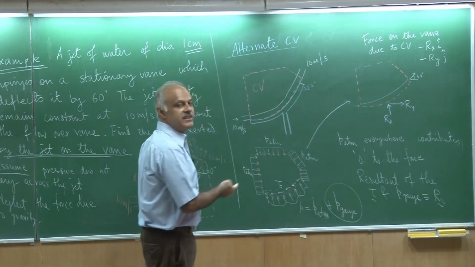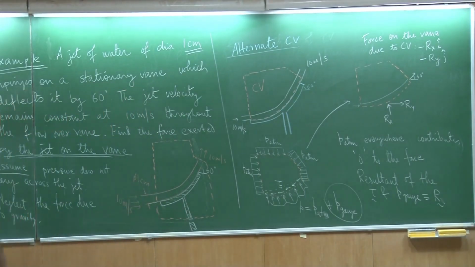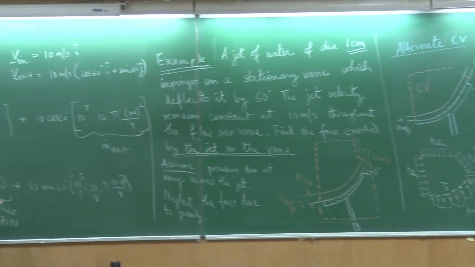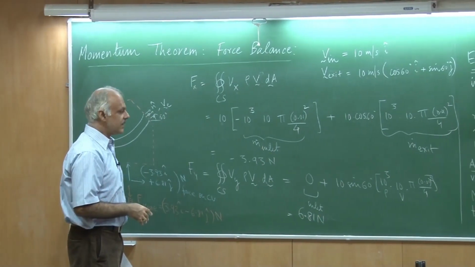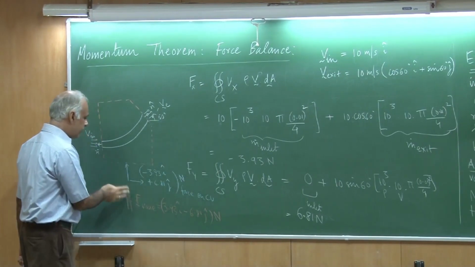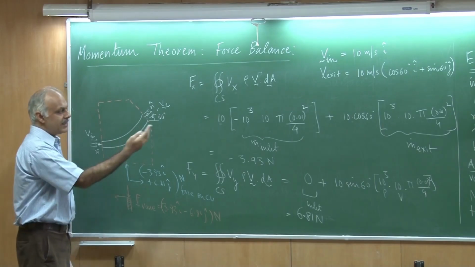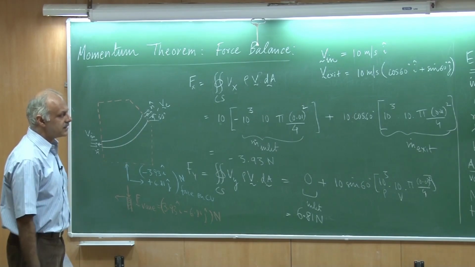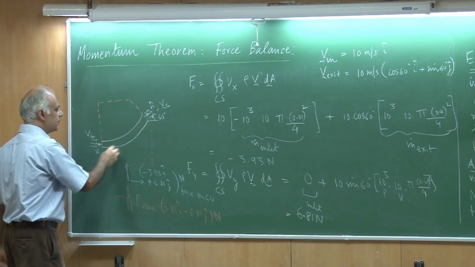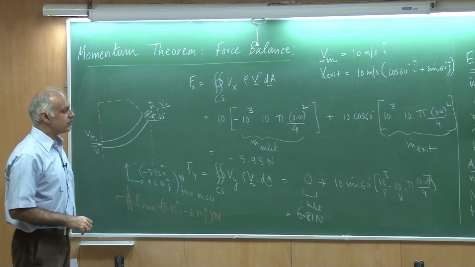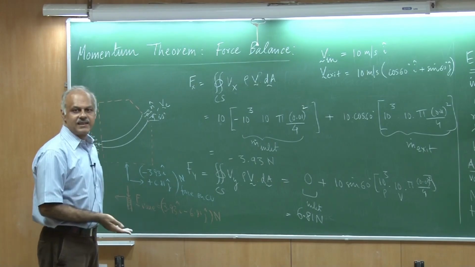And I can now go ahead with the analysis with this resultant force, and you will see that the analysis is pretty much the same as what I have done here, just the interpretation of Fx and Fy is different. Okay? So, here the Fx and Fy were actually these two forces coming in because of the support, and in the alternate control volume that we have chosen, they are coming out as the reaction from the interface between the vane and the fluid. But otherwise the analysis is exactly the same and you would get exactly the same answer.